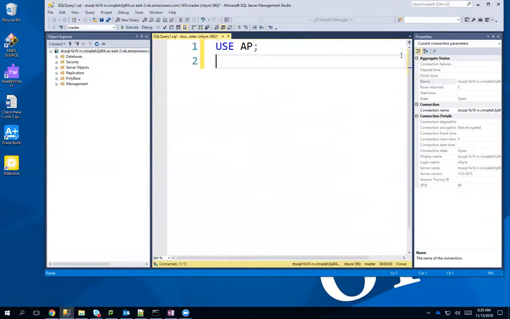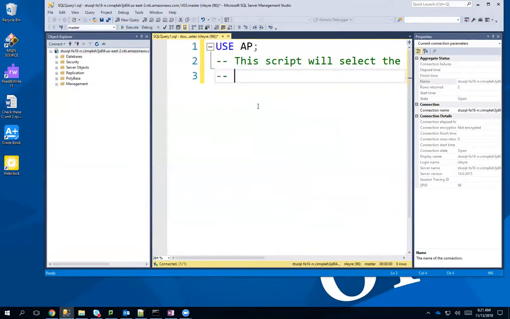Now, this first script that we're going to use is going to use a lot of different syntax, and we'll go back and kind of review what we did. First of all, we're going to declare a variable. I want to put some comments in this script. So I'm going to use this dash comment that we hadn't really used much before because it looks pretty nice. Total due. So this script will select the sum of all invoices, calculate the total due,